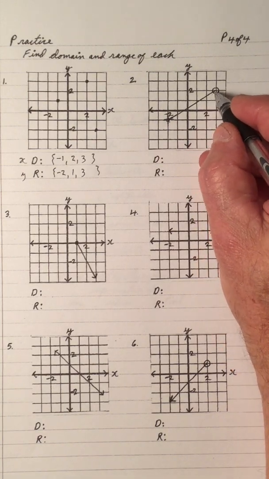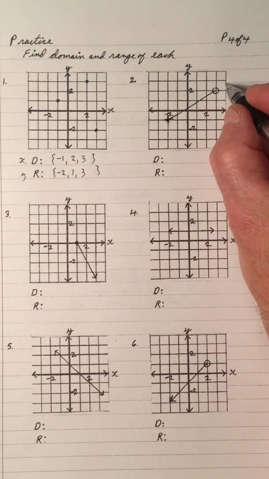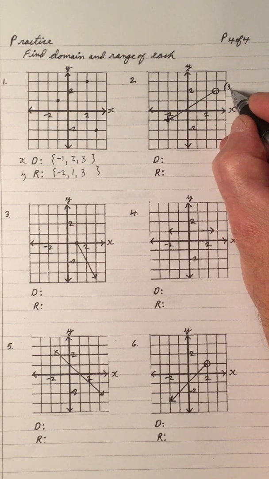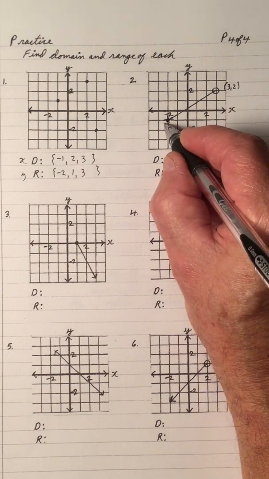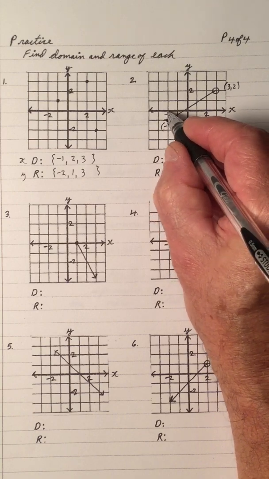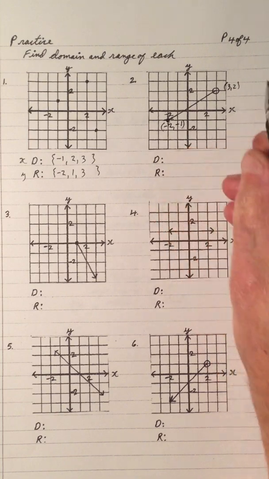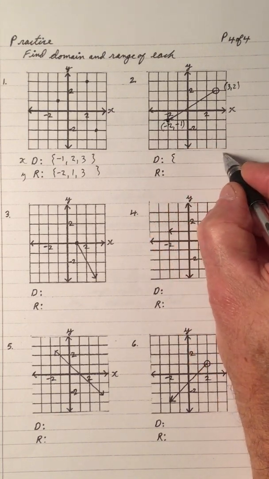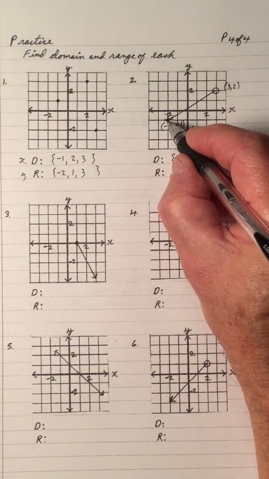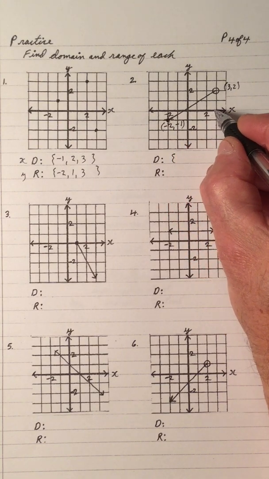And we have a bar. Notice this point is included and this point is not. So this point right here is (3, 2). This point right here, x is -2, y is -1. So the domain is the x values. So the x values are going from -2 to a 3,